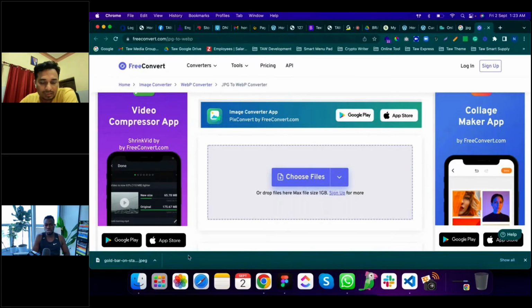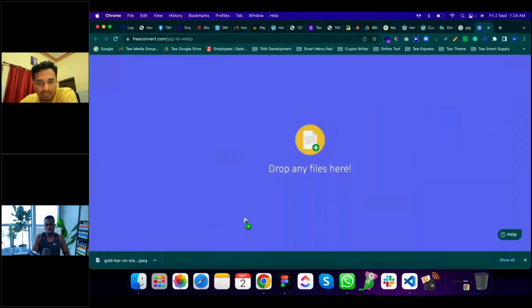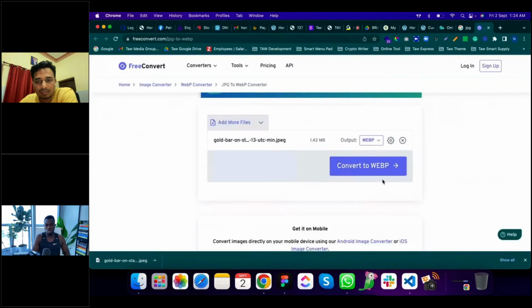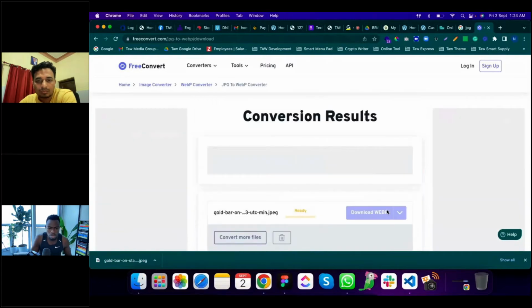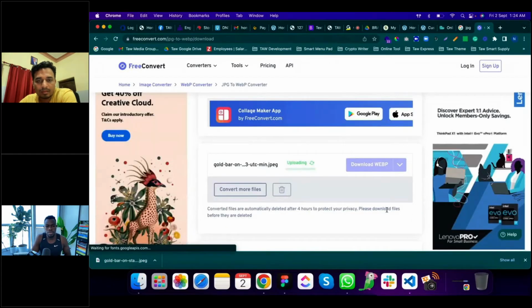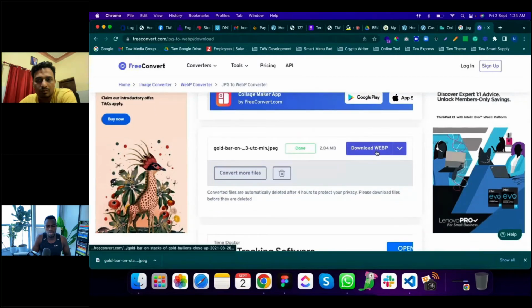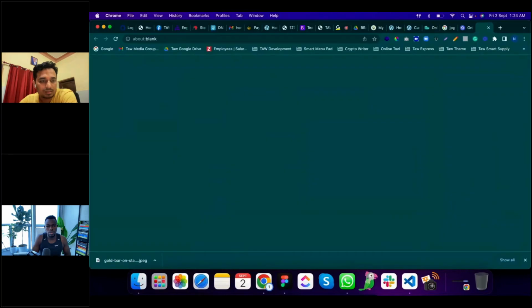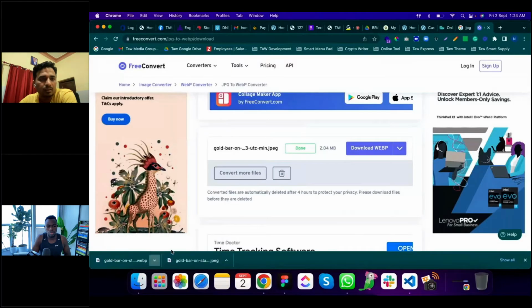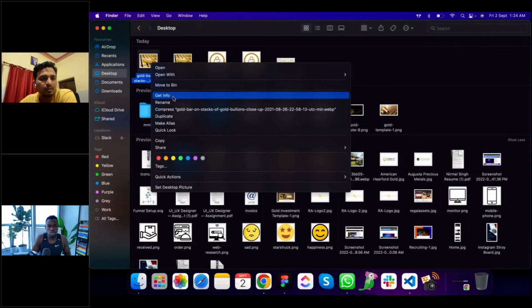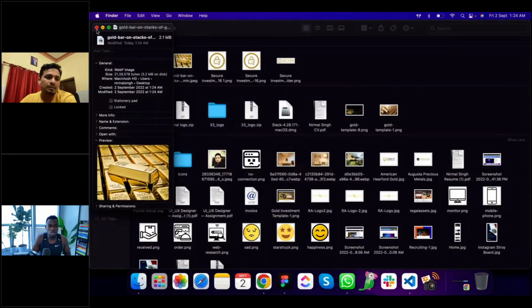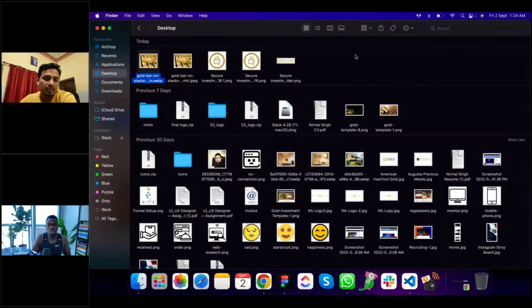So I'm just changing this. This is my image, and just drag it here and click on convert to WebP. And once it's done, I think it's almost finished. Yeah, so download this. This format is very light, right? Not light, but right now the size is 2.1 MB. But at the time of rendering, this format will render very fast compared to